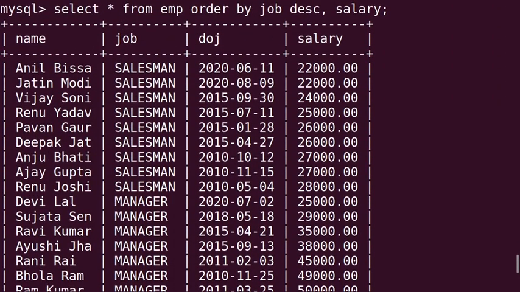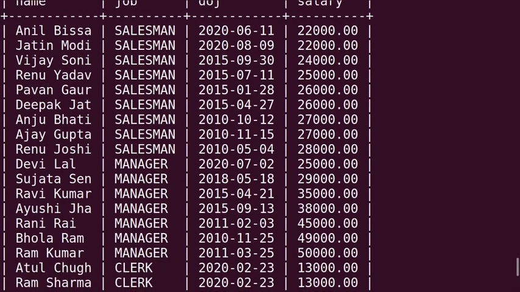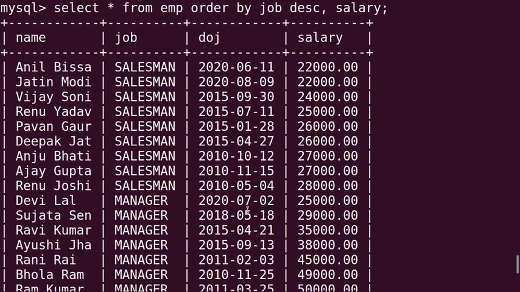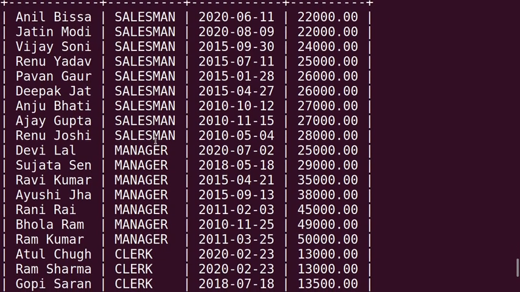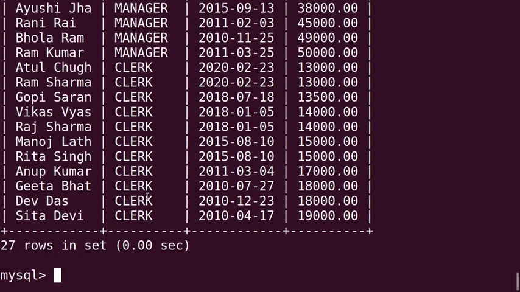In the output you can get three types of job, as I told you earlier. First, salesman is coming because we have sorted in descending order. So S is the highest alphabet, then manager and then clerk.